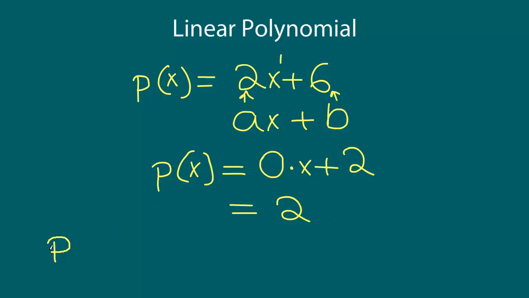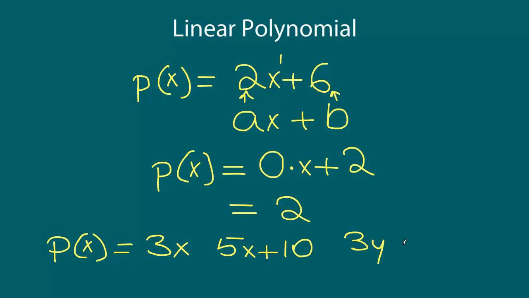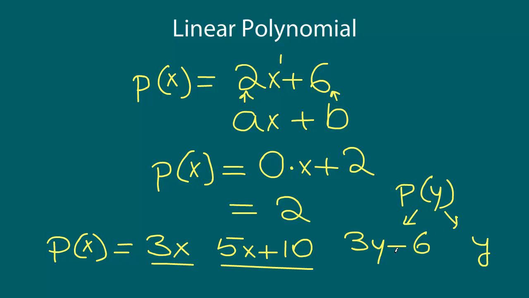So for example, these are examples of linear polynomials. Say 3x, or we can say maybe 5x plus 10, or we can say 3y minus 6, or we can say simply y. All of these, so here these two are obviously polynomials in variable x, and these are polynomials in variable y. So we will represent them something like this, right? But the point is, these are all examples of linear polynomials, and we cannot have the constant a being 0,